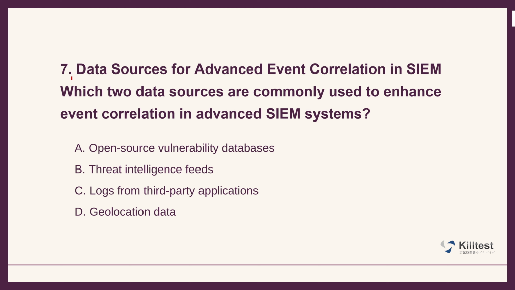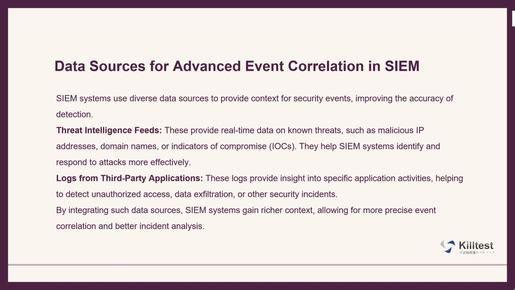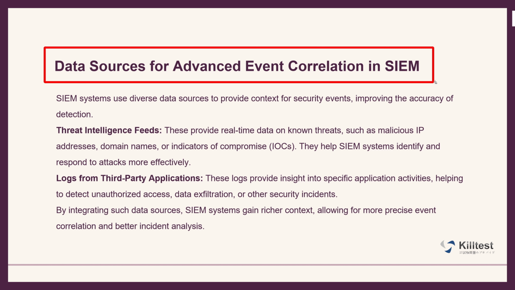Question 7. Data sources for advanced event correlation in SIEM. Which two data sources are commonly used to enhance event correlation in advanced SIEM systems? The knowledge points of this question are important data sources for improving event correlation in SIEM systems. Good data sources make it easier for SIEM systems to spot threats. Two key examples are